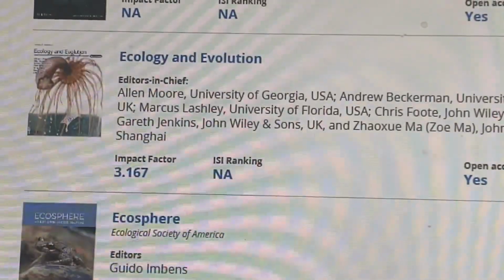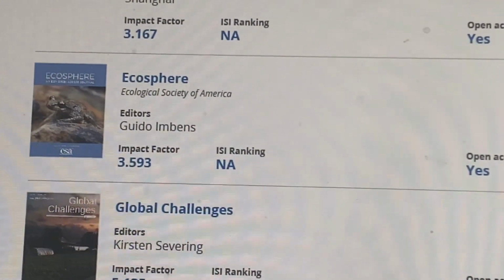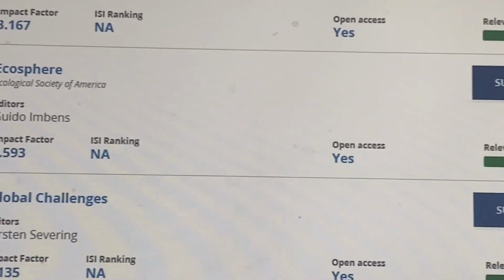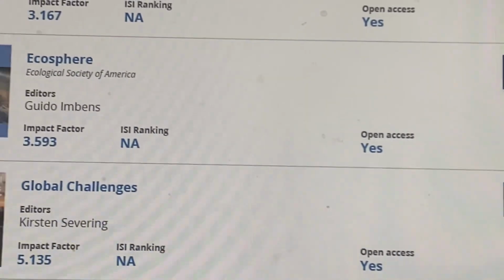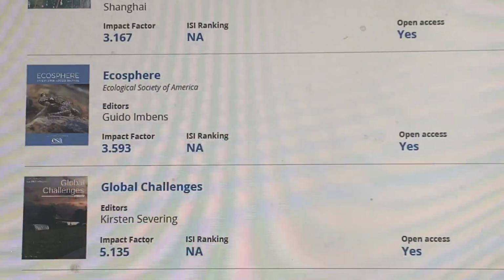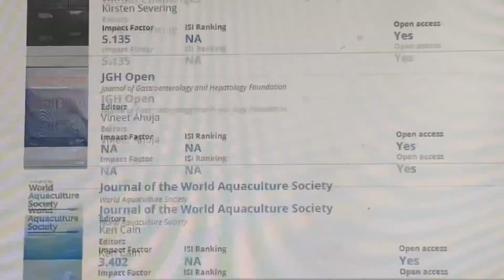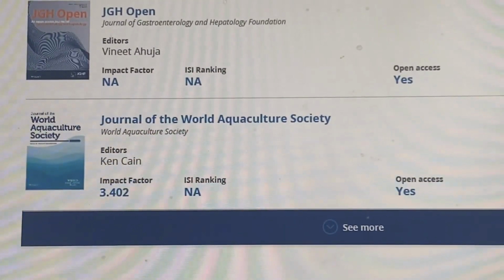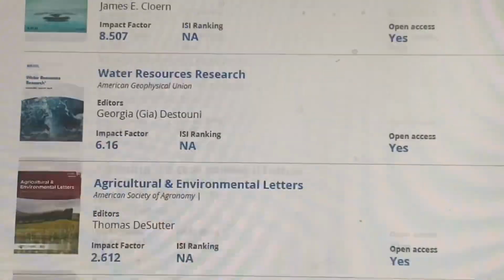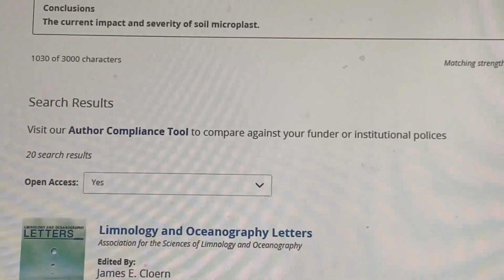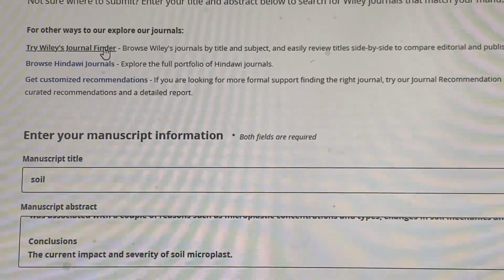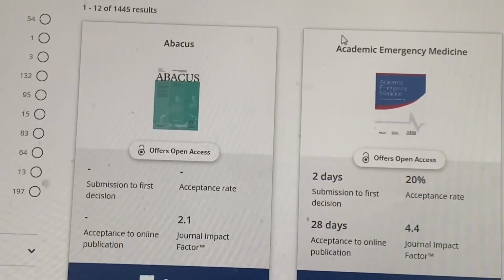So Wiley is also quite a good publisher. They've got very good journals besides Elsevier, Springer, Nature, and the other types of journals. Also you need to cross-check where you work and see if Wiley journals are being accepted, be it for promotion or graduation for students. So if you go back to the Wiley web page, you click on Wiley Journal Finder, it's going to take you to an area